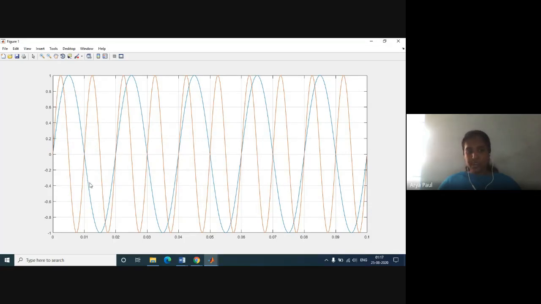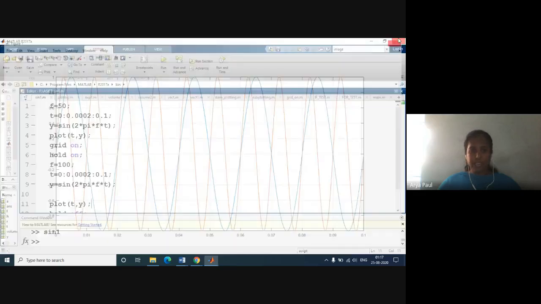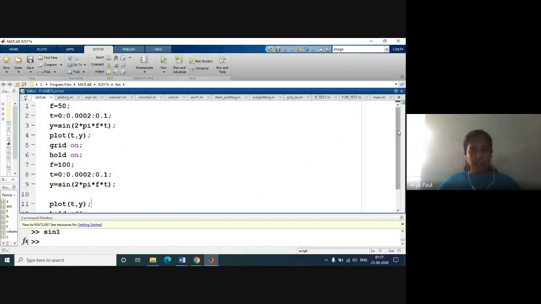So two sinusoidal signals you can see. One is the blue color signal and the other one is the red color signal. The red color has a higher frequency, which is 100 hertz, and the blue color has a low frequency, which is 50 hertz. I hope this is clear. And if you want to plot these two different plots in separate figure windows,